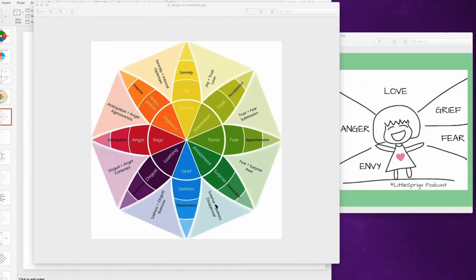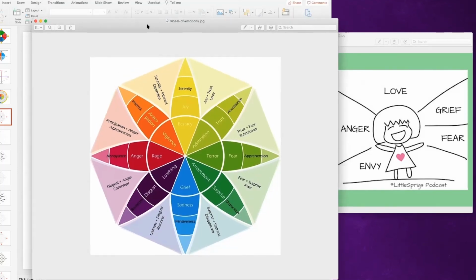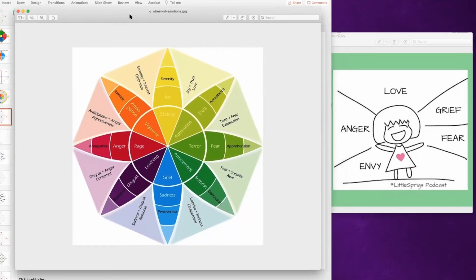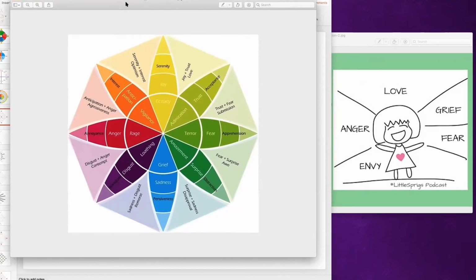We'll pick up on this and talk about this in greater detail on Tuesday. I just wanted to plant some seeds. And by the way, I do upload these things pretty much the same day that we go through them, so it'll be up there. But I think if you guys just did a search for wheelofemotion.jpg, which I got directly from a Google search. So truly, if you just go to Google and type in Wheel of Emotions and then click on the images tab, you'll see this. It'll be one of the very first ones that you see. Hopefully you can find one that's larger than this, but okay.